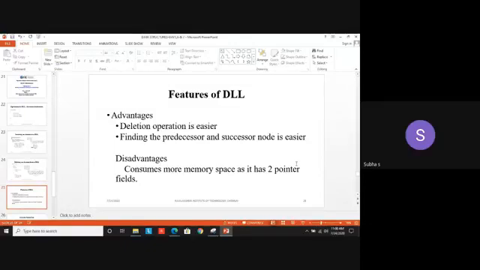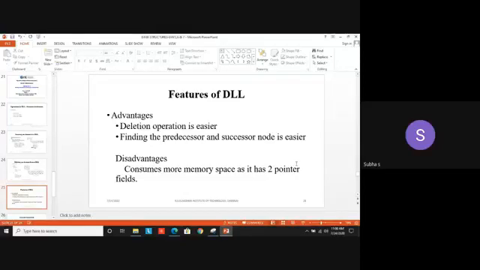Okay. Now let's see the advantages and disadvantages. I have mentioned particularly deletion operation is easier. Why? Normally in a linked list, insertion and deletion will be easy. But in doubly linked list, deletion will be particularly easier. Why? When compared to singly linked list we have two pointers, both predecessor and successor will be there. So I can easily detach that element and connect the other two elements. So I mention specifically that deletion is easier.